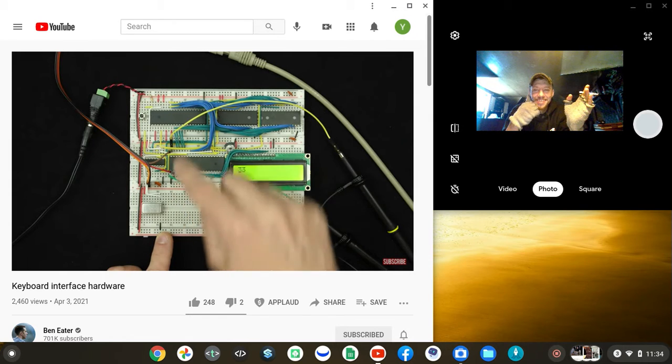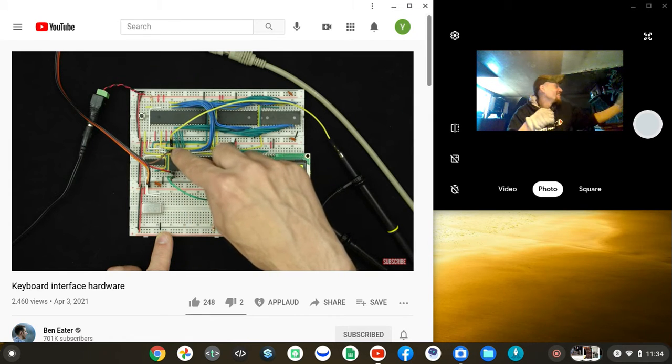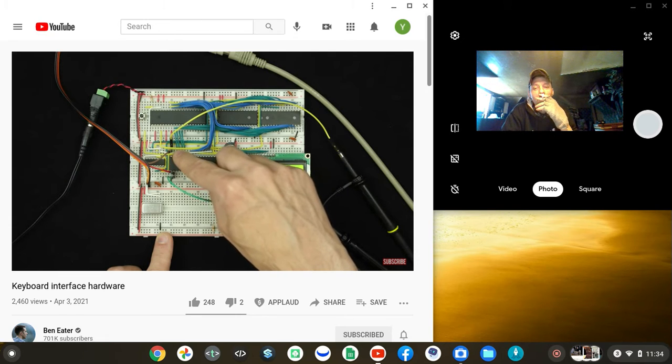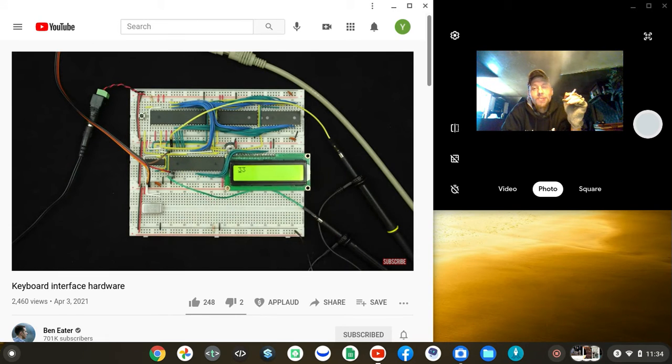But then what we need to do is, instead of triggering an interrupt for every bit, we need to trigger an interrupt once we've read 11 bits. And so we could use some sort of counter circuit to do just that, where we count the number